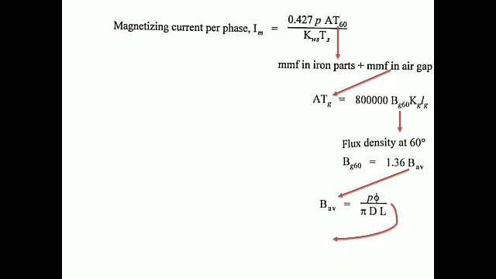To determine this phi using the EMF equation, phi is equal to E_s divided by 4.44 f T_ph K_ws. For this calculation, K_ws is not there, so you need to calculate the K_ws. After this only you can calculate all the remaining values. So keep this pending. After calculating the K_ws only you can find the phi. Then after that only you can find the B_av, then B_g60, then AT_g, then after that the overall AT value. So go with the content